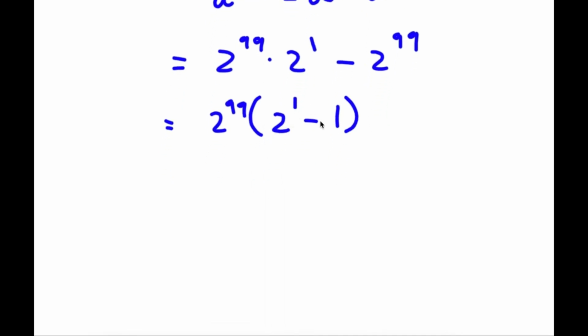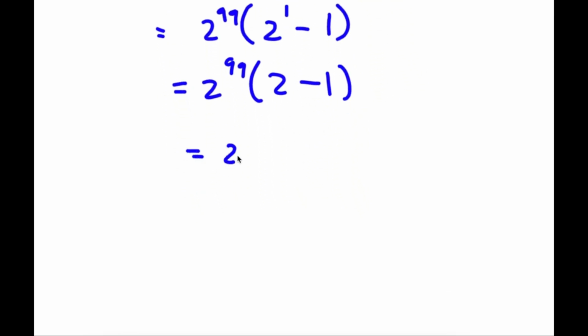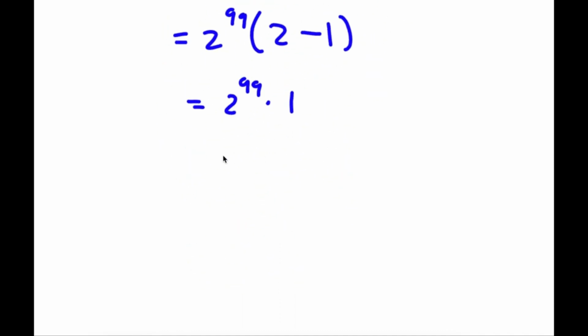Now, 2 to the power of 1 minus 1, well, 2 to the power of 1 is 2, so I have 2 to the power of 99 times 2 minus 1. And 2 minus 1 is simply 1. So I have 2 to the power of 99 times 1. Anything times 1 is itself, so now I have 2 to the power of 99. And 2 to the power of 99, well, this is actually going to be a really big number, because